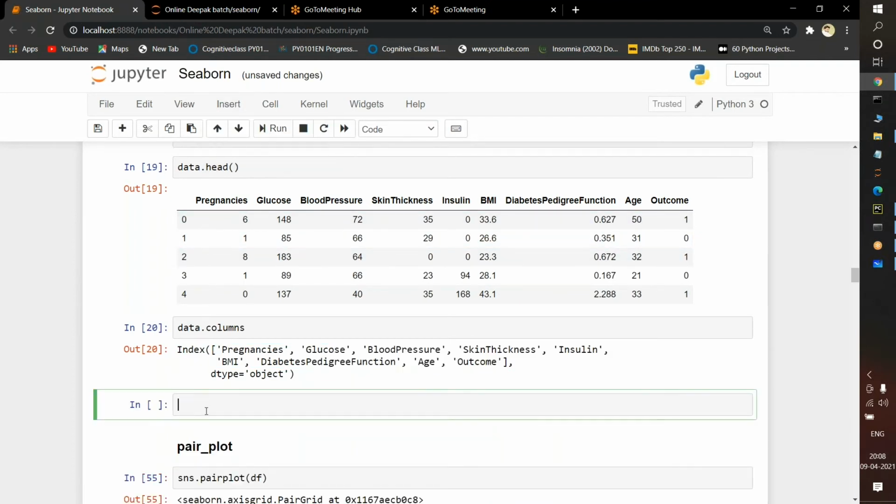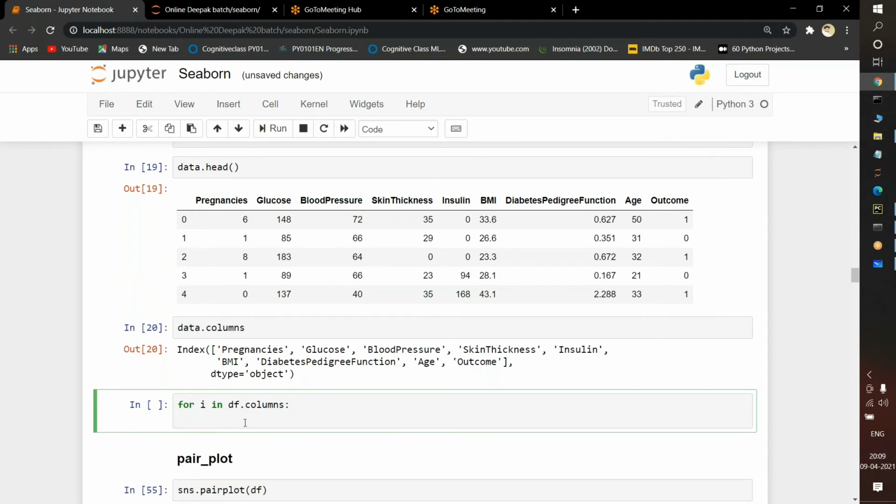So I will pass a for loop here. For i in range of... instead of passing a range function for building a data structure, we will pass for i in data dot columns. Yes, thank you.